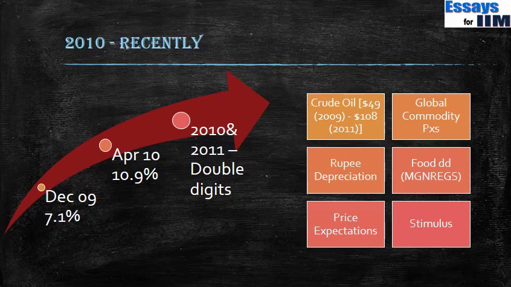And also, even though I said that the country was not impacted that much by the global financial crisis, it was impacted, and there was a stimulus announced by the government which led to higher fiscal deficits and also a loose monetary policy in terms of the stimulus, because of which the inflation again rose.